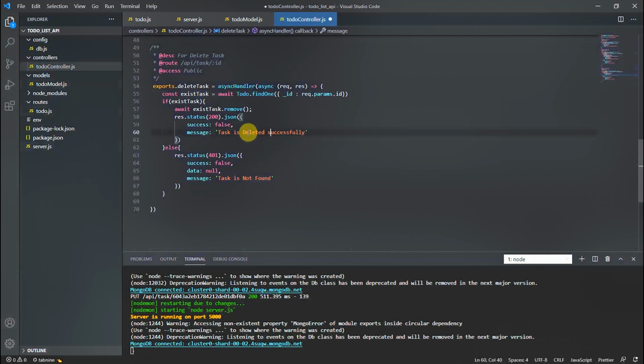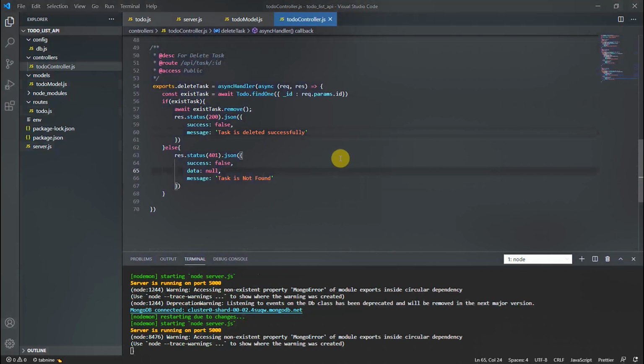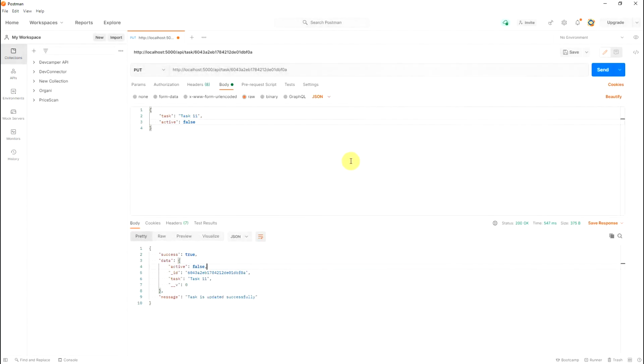S should be small and D should be small. Okay. Now, before delete, okay, no issue. Go to Postman.